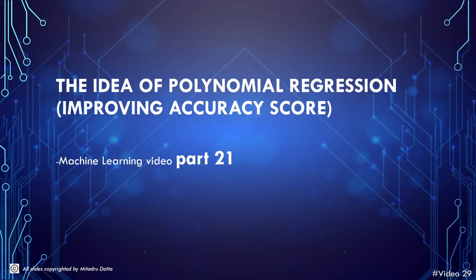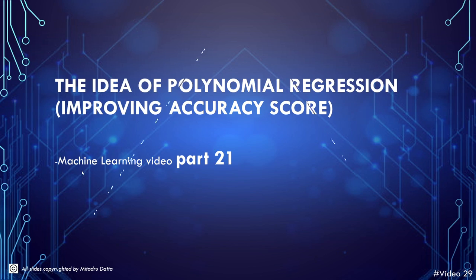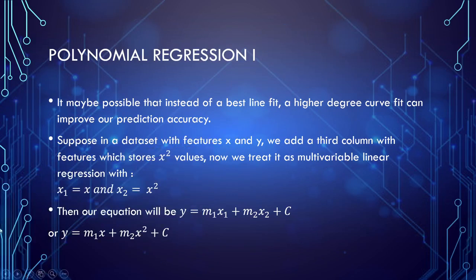And so we also stated that it may be possible that a higher degree polynomial would be a better fit on our data plot than a simple line. So using an idea of a simple line, how we can extend it to polynomial regression also. In this video we will discuss those things. So it may be possible that instead of a best line fit, a higher degree curve can fit and improve